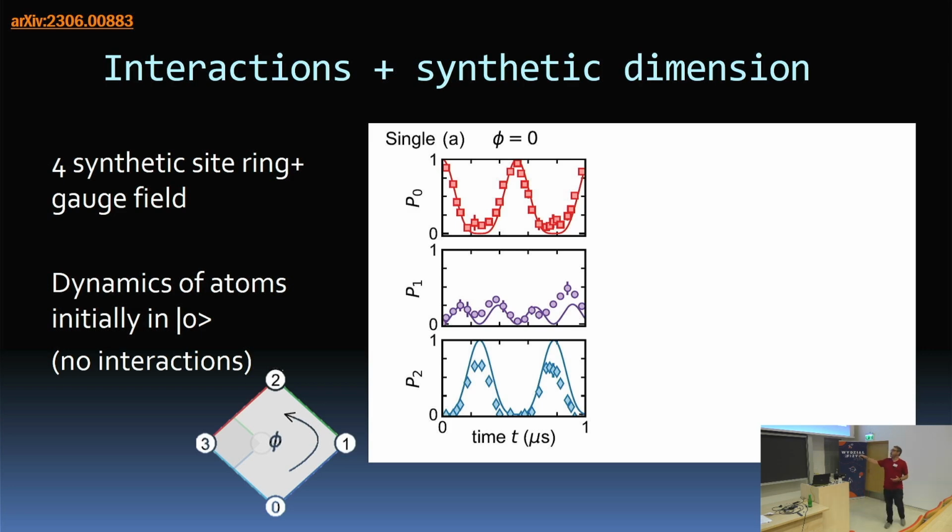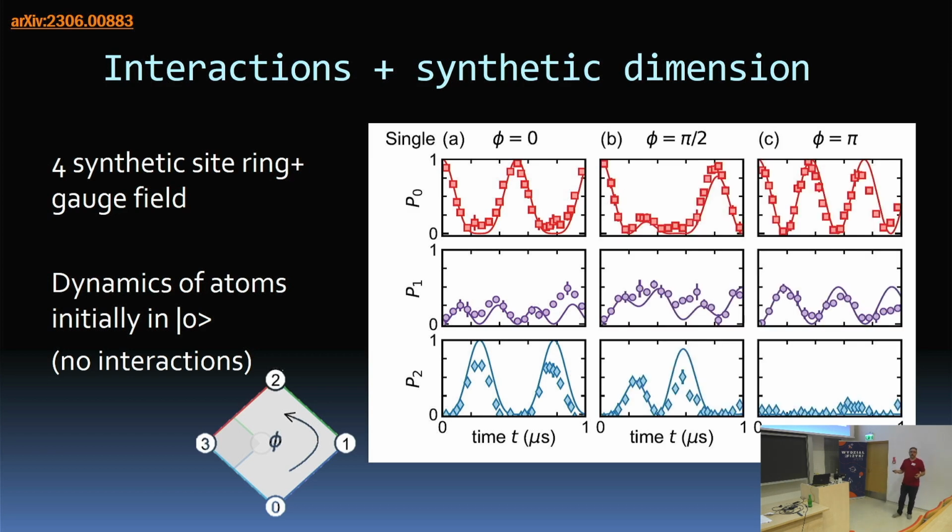So now the 2 paths, 0, 1 to 2 and 0, 3 to 2, can destructively interfere because there's a phase difference. And so they go and do the experiments, they apply the gauge field, and this is exactly what they see. So now you're still getting these nice oscillations where the 0 population starts to dip down, looking at this right column. You get some transfer into the 1 state, but you see there's, when the gauge field is pi, so you have perfect destructive interference, nothing is transferred into the state 2. Right? And if you do a gauge field in between, some population is transferred, but not all.